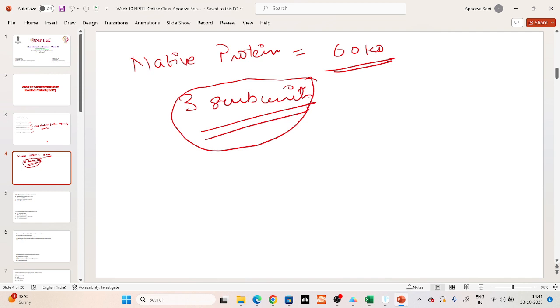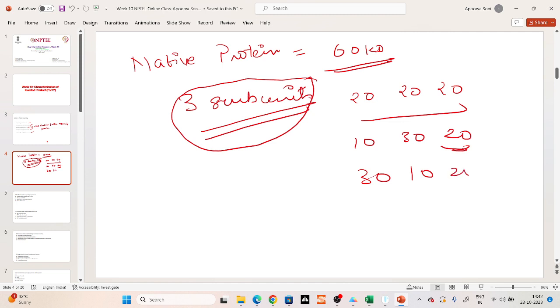If the same molecular weight, then how many? 20, 20, 20. Or it can have different molecular weights, 10, 30, 20, or 30, 10, 20, anything. So these are the subunit molecular weights, and this is the molecular weight of the whole protein,